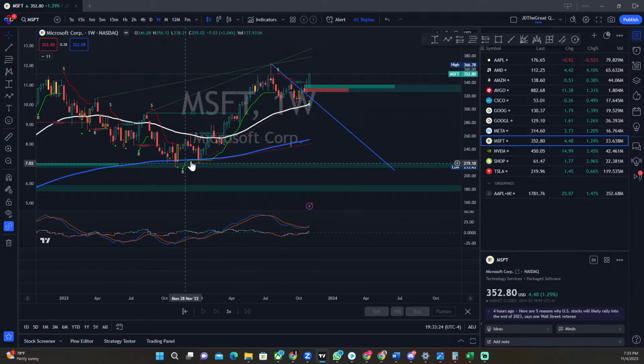But basically, we're treating this very similar to a bump and run. And if you don't know what a bump and run is, by all means, go ahead and click the link down below. Come follow me. I will show you how this bump and run runs, right? This trend line is showing a lot of support, and this is the weekly. So we may get ourselves a very interesting Santa rally. I don't think it's going to be long term.